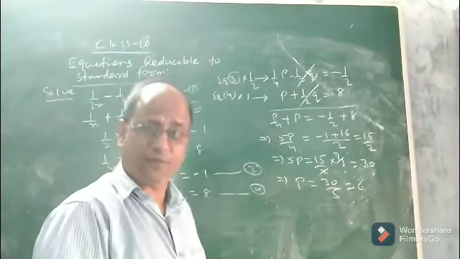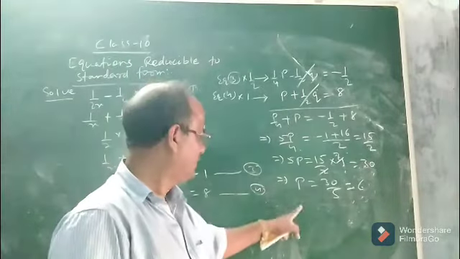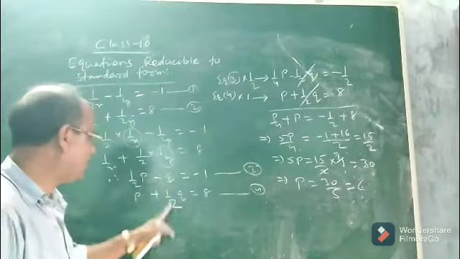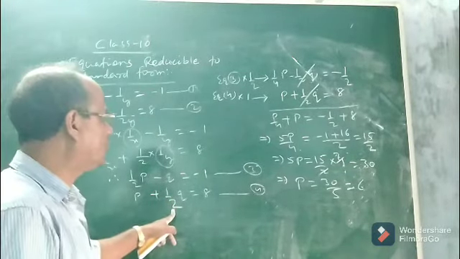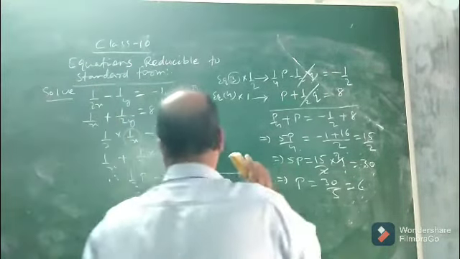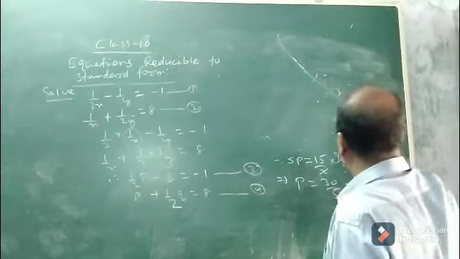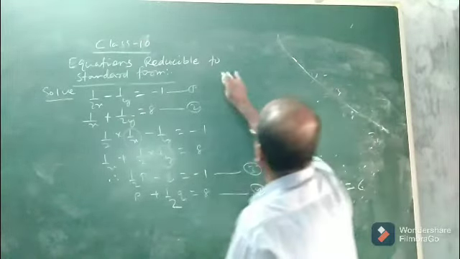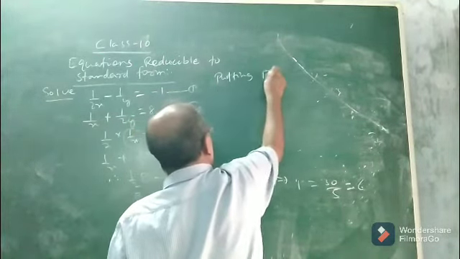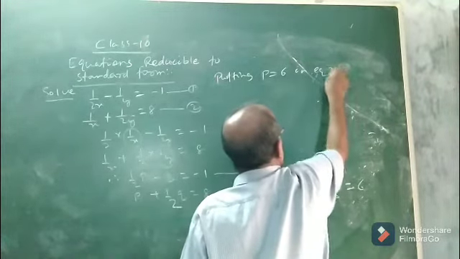Then what will I do? I have to find the value of q also. Then how can we find? You recall the elimination method. So now you have to put this value of p equal to 6 in either equation 3 or equation 4. Wherever you like, you put. Okay. Suppose I will put this value in equation, suppose your 3. Let us put. So the next step will be, you see, putting p equal to 6 in equation 3. Let us put 3.